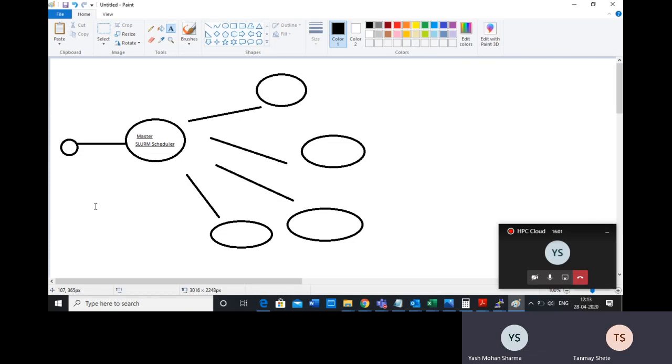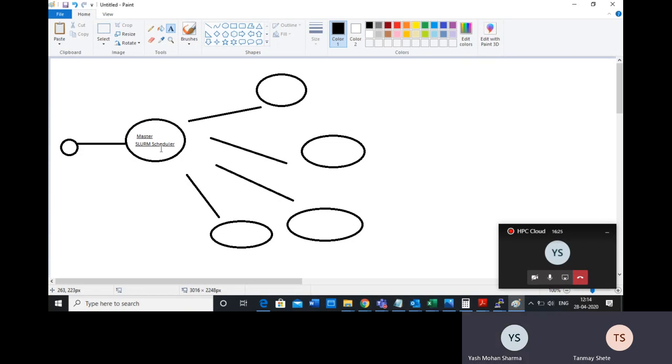In the master, you have the Slurm scheduler installed. I recommend you understand how the Slurm scheduler works. You can go to Google and search for Slurm basic tutorial to see how it works.